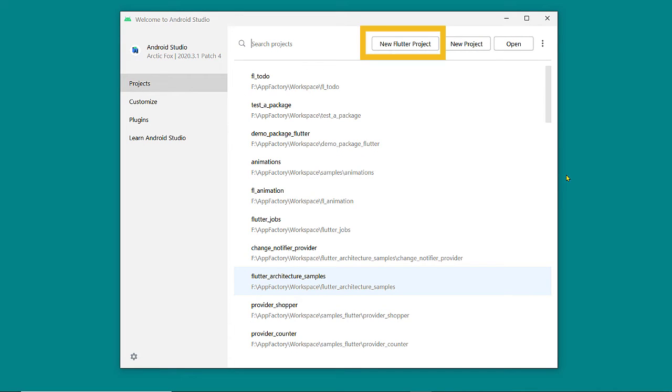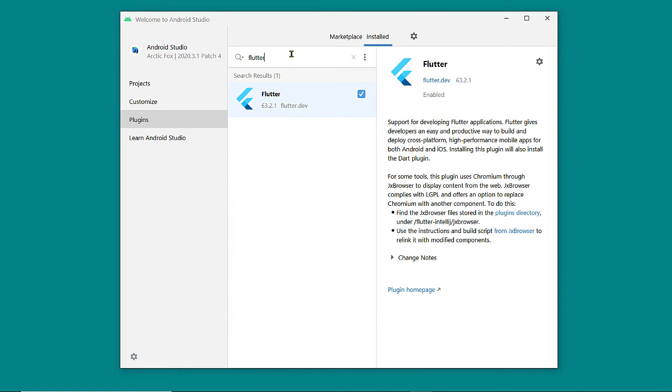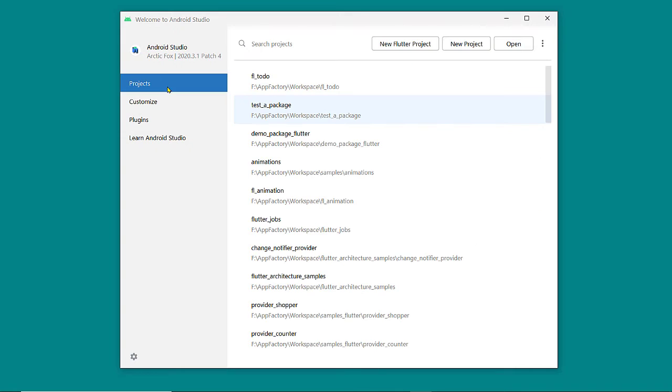And can you see this button here, New Flutter Project? This may not be present on your screen, and if you cannot see this, then you have to go to this tab, Plugin, and you have to install the plugin Flutter. So search for Flutter, then install this plugin named Flutter, and then restart Android Studio. And now you will have this button, New Flutter Project. So click on it,